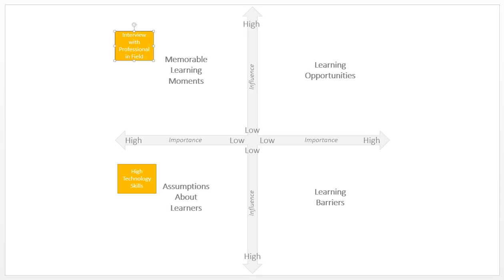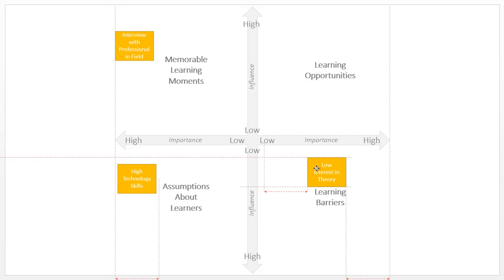So now let's look for a moment at learning barriers. This example can be quite common for some courses, and let's say that students just have a low interest in the concept of theory in a given field. So for example, we might say that the importance of this learning barrier, depending on the course, might be kind of moderate. And really, when it comes down to it, most likely we have a lower influence on this,